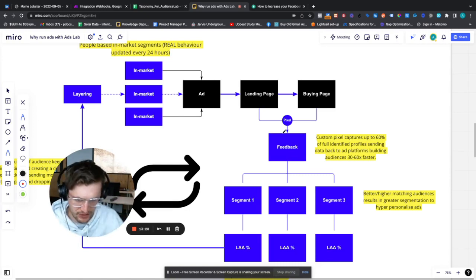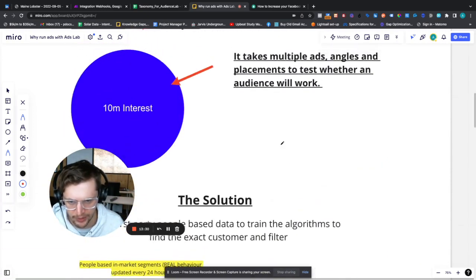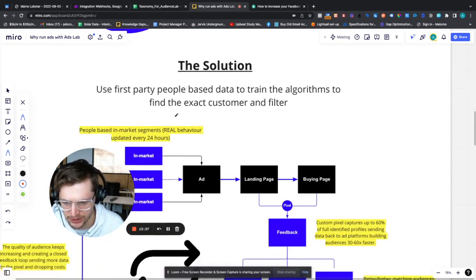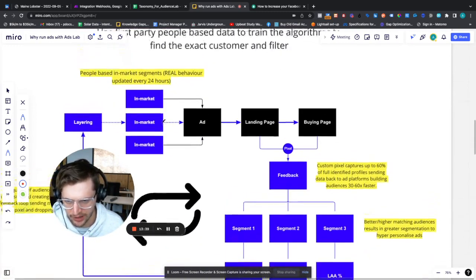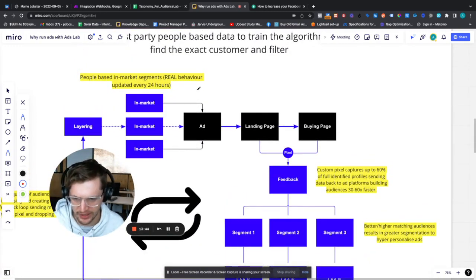You need to have a whole bunch of interests, and you have to spend a ton of money on each interest because you can't be certain whether it was the interest or the ad that didn't work. So you have to test at least 4 ads at a time on each interest, and it just gets really tiring. You get a few select targets, as in markets, that are going to work because these people,